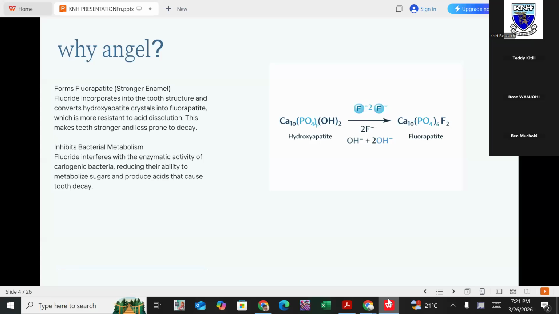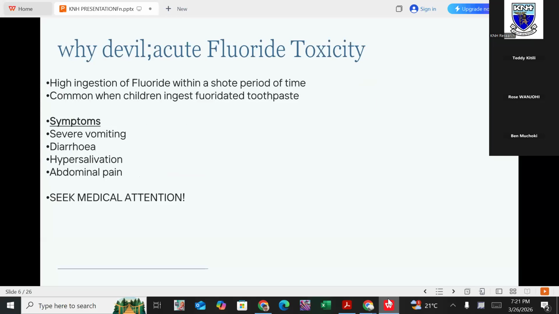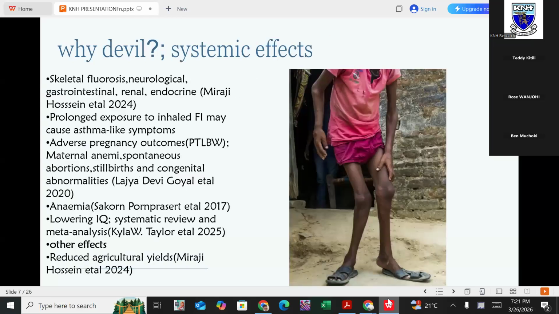So what happens is that you will have a very thick bone, very high bone density, and mostly high bone density does not mean that actually you'll be strong. It means that your bones will be very fragile and you can end up with pathological fractures. In early stages, the fluoride also gets deposited on your tendons and on your ligaments, so you can present with joint stiffness, painful joints, reduced mobility.